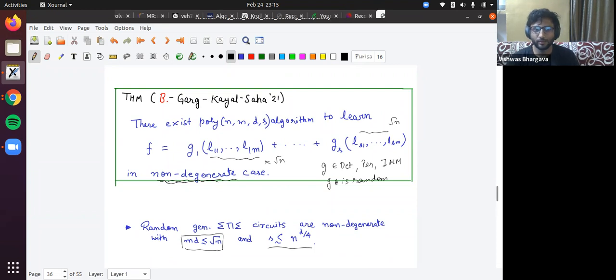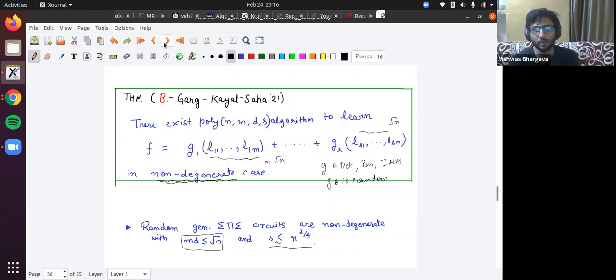Okay. So this was my part on what are non-degenerate algorithms. I gave you a simple example of sums of powers of linear forms, and then I went through a bunch of meta algorithms which we use to design non-degenerate algorithms. Mostly all these algorithms follow this kind of template with these two important parts.